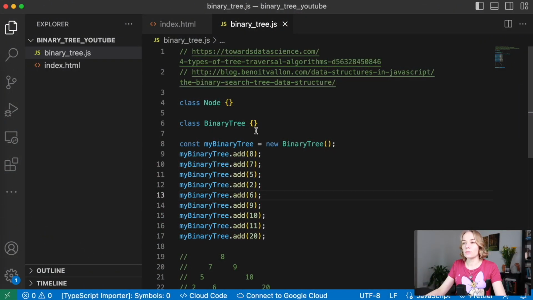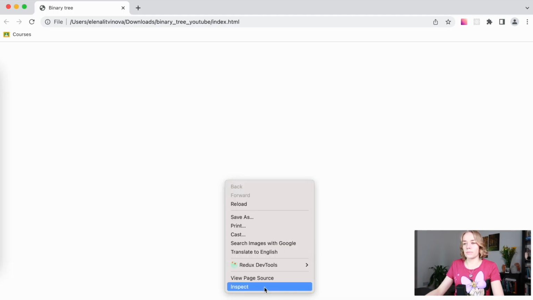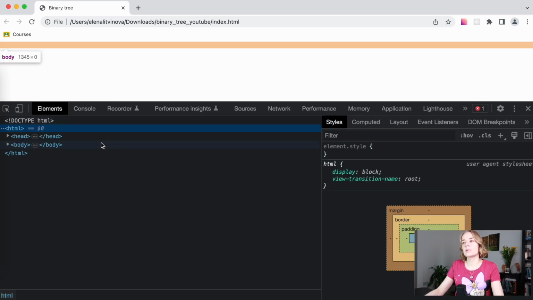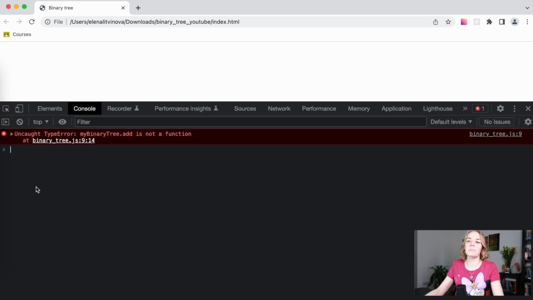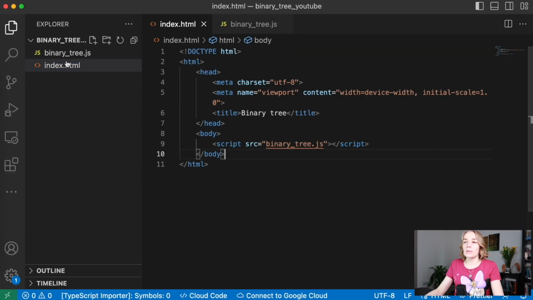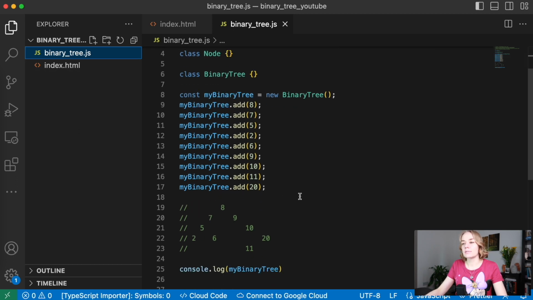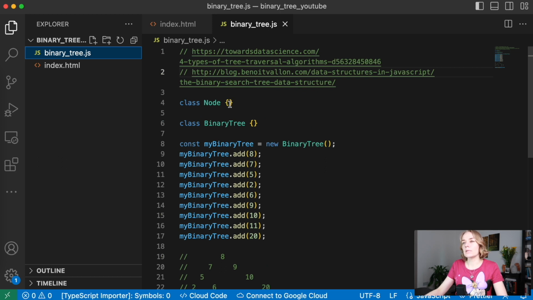So I already have the code. Everything is ready. There are articles which I used for preparation for these lessons. You can read them. And also there is an index.html file, because we will work with the console. It's really cool, because we will be able to see the whole tree, and also we will play here with the call stack and scope. We'll put breakpoints here. So in the browser it's actually quite comfortable, because I decided to create an index.html file and start everything through the browser. So first of all, we need to create a node